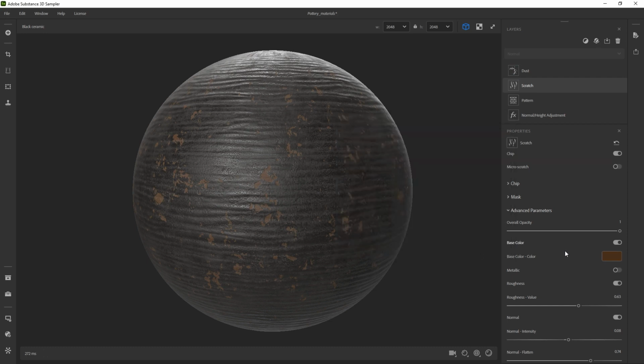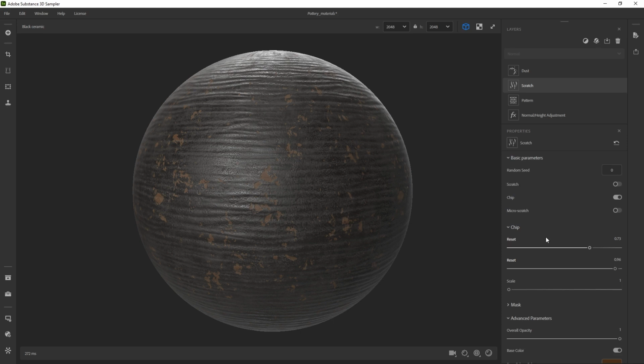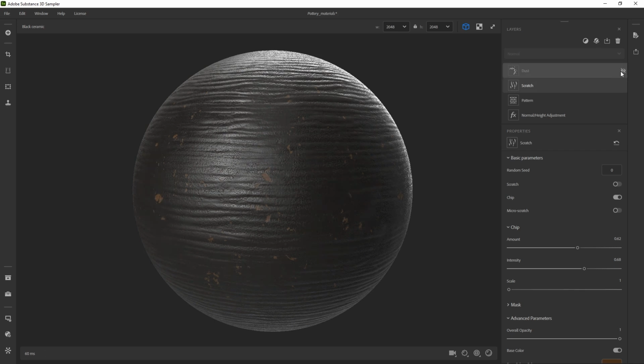But what we can do is change the amount of scratches and that sort of thing. So of chips, sorry. So less intense, and maybe increase the scale a little bit. No, I think it's fine. All right, so it's a bit more subtle, right? Another thing we can do is let's turn off the dust for the time being, and let's go ahead and